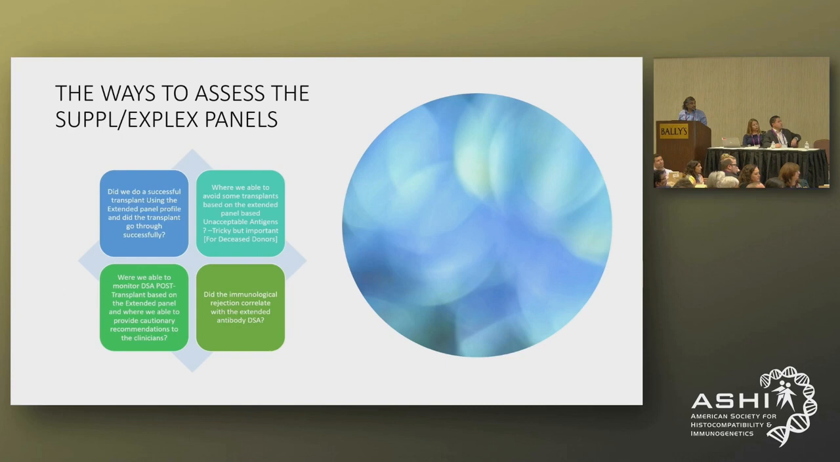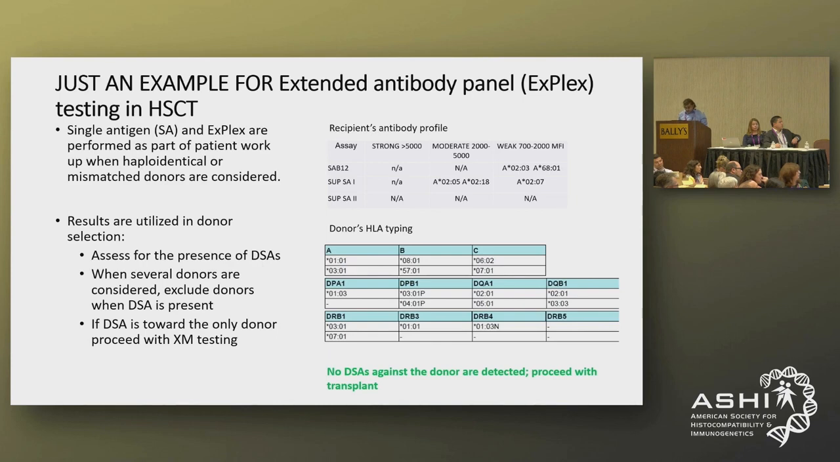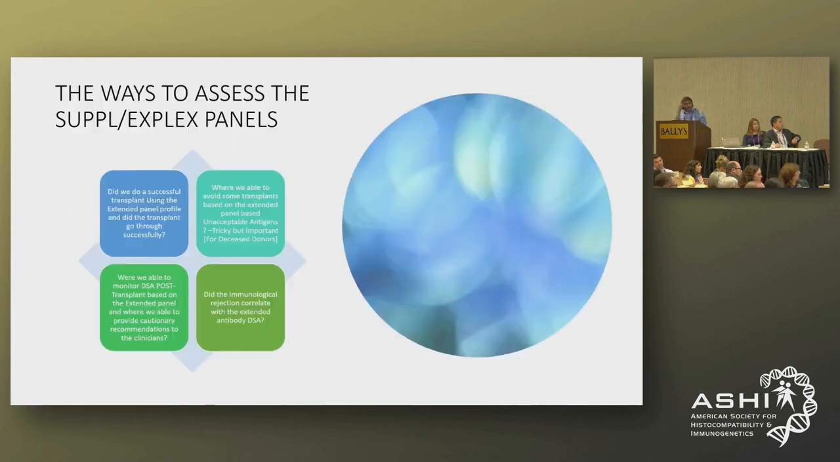So you can assess the supplemental or the XPlex panel in a very scientific way by looking at how frequently you were able to either include or exclude a donor, or how frequently you were able to find out a reason for immunological injury following transplantation. So these are very important things in terms of the objectives and the ways to assess supplemental and XPlex panels